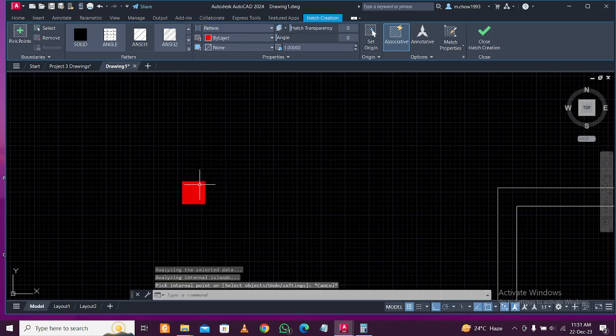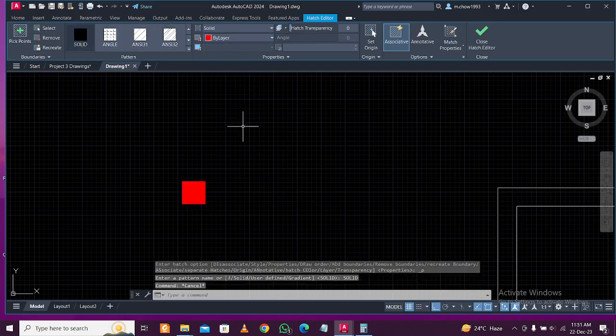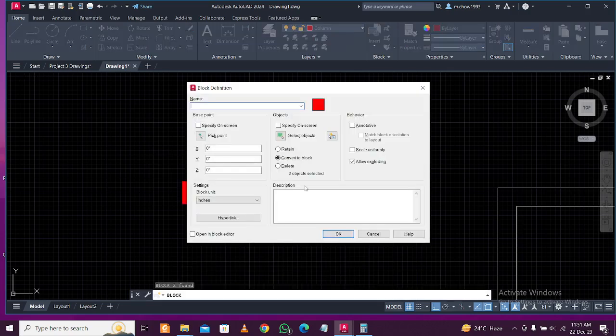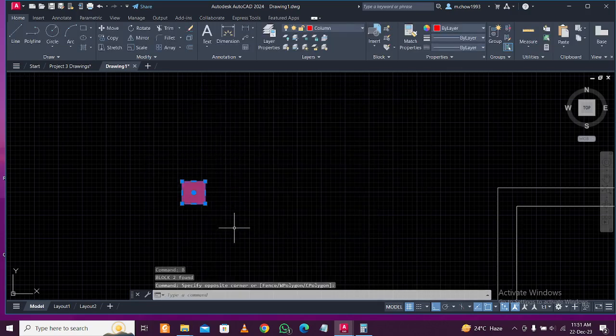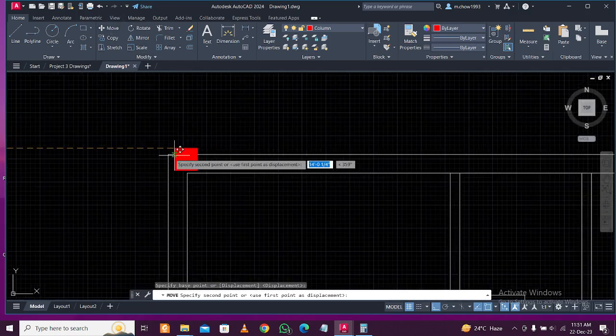This you can just adjust here. I prefer solid columns, solid by layer, and we'll just make this a block, or not a block. I prefer a group. Okay, just a group. G enter, so that you can select this at once. Just move this one. This is the first column, and move this and place it here,